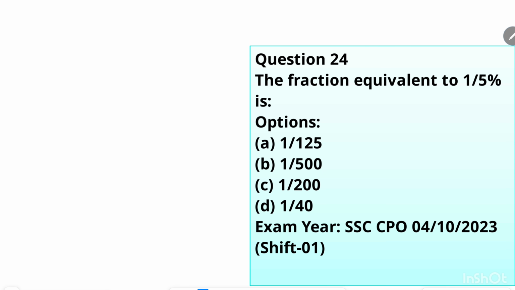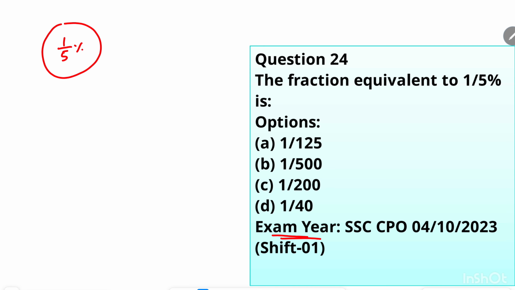The next question is 24. This is very easy also. The fraction equivalent to 1/5% of is, and so it is saying 1 upon 5%. If you try to write this number in the form of a fraction, right? This was asked in the year, you see that this was asked in the examination. So this is our number, and it is asking the fraction equivalent to